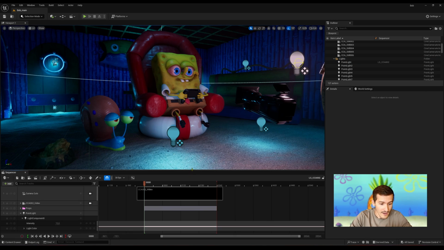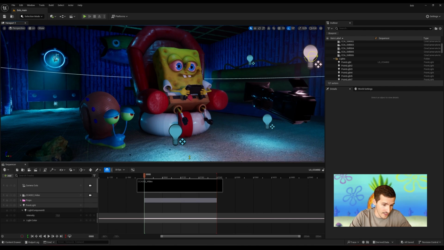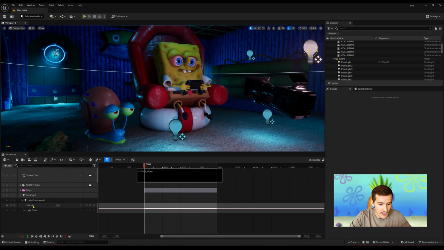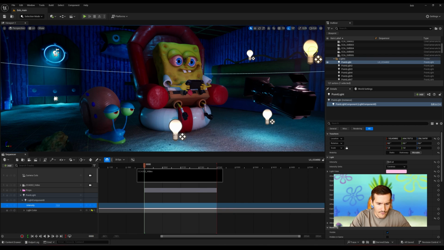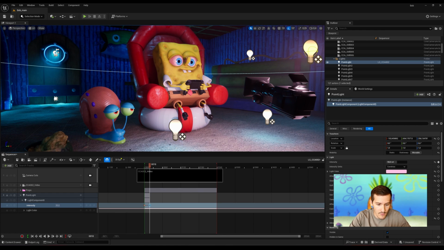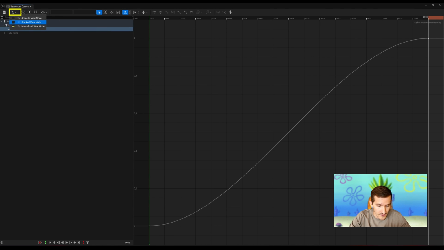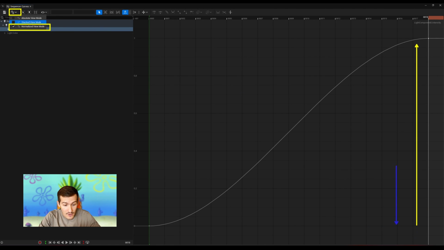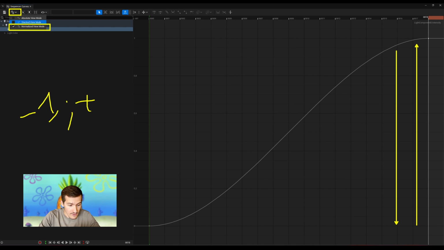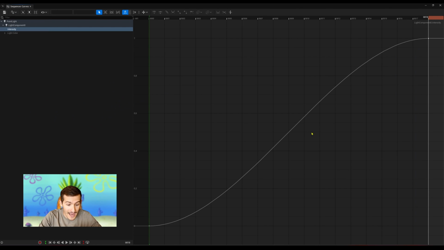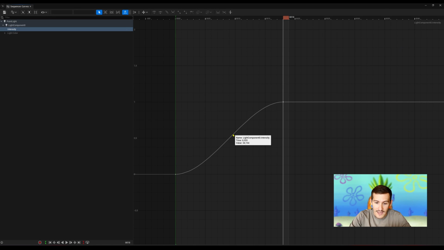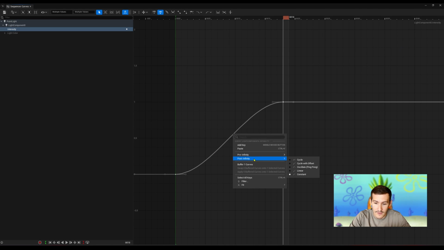Just as a reminder, setting up a post-infinity effect is quite simple and quick. You just need to add, for example, two animation keys here with two different values. The first one here with an intensity of 12, and let's say the second one here with a value of 50. Then go ahead and find the curve editor accessible through this icon here. Once open, select the intensity track and feel free to normalize your values via the path shown here. This will allow you to display your values in a normalized form between -1 and 1, thus avoiding incredibly high and unreadable curves. The last step here is to right-click on your curve and go to post-infinity here and choose, for example, the oscillate ping-pong effect.